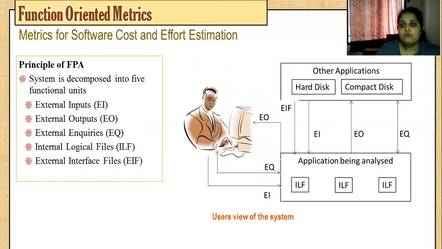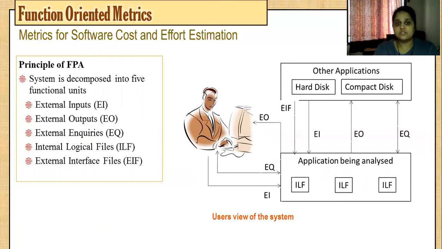Okay. Now, before we start calculating the functionalities, we shall see the basic principle of function point analysis, or FPA. FPA has a principle where you divide your system into certain functional units. Now, what are these functional units? They are external inputs, external outputs, external inquiries, internal logical files, and external interface files.